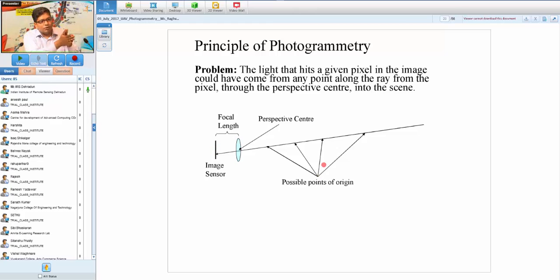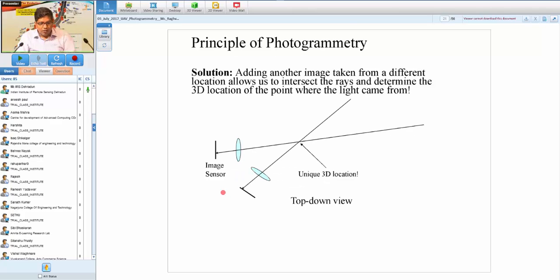With this image, we have to find out from where this particular light ray has come. That is basically the ultimate aim of photogrammetry. But if you use a single photograph, then we will not be able to know from which ground point we got this light ray and this pixel value. For that we make use of two photographs which are taken with the same focal length but from two different locations. So this is the point on the ground,